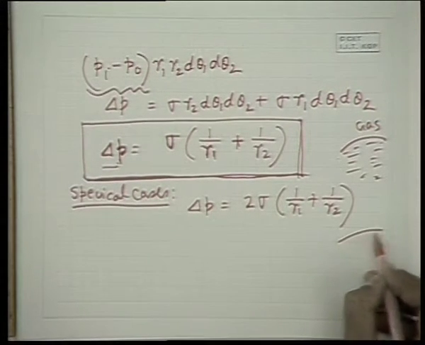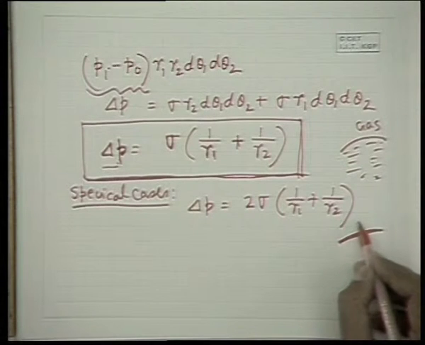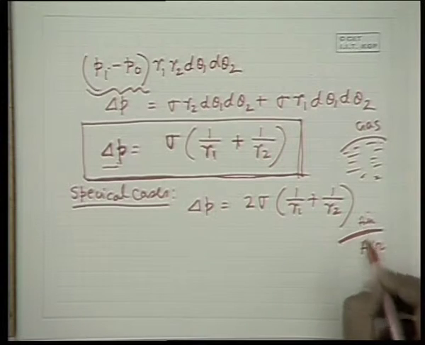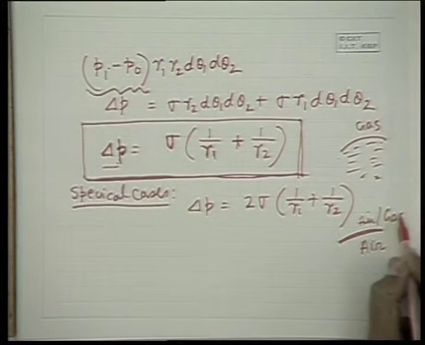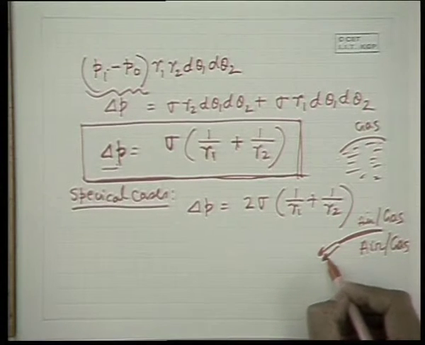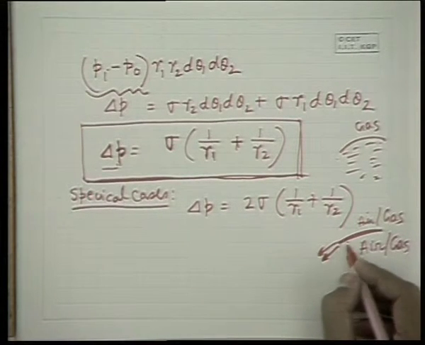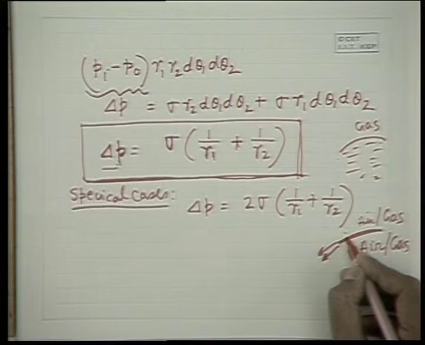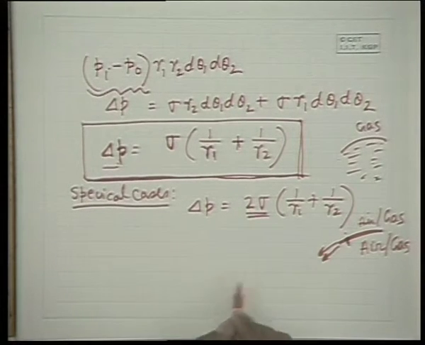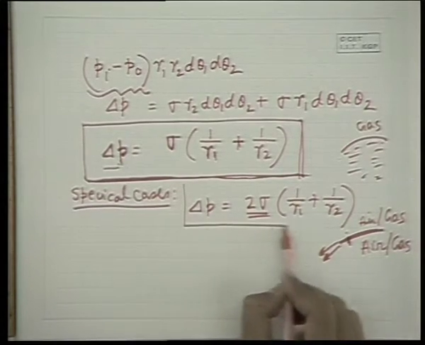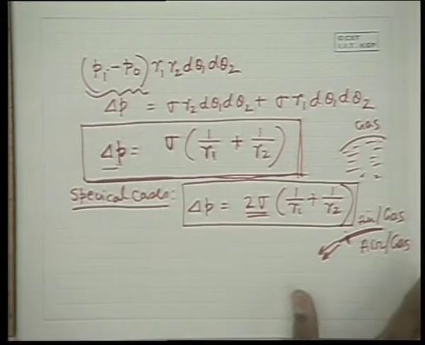Where there is a thin film of liquid, where both sides air or gas is there, in that case what happens? The surface tension occurs both by the pull of the interaction between the air molecules and the liquid molecules on this side, and air molecules and liquid molecules on the upper side. So a 2 times multiplication will be made here. So this is the formula for thin film or thin curved surfaces.